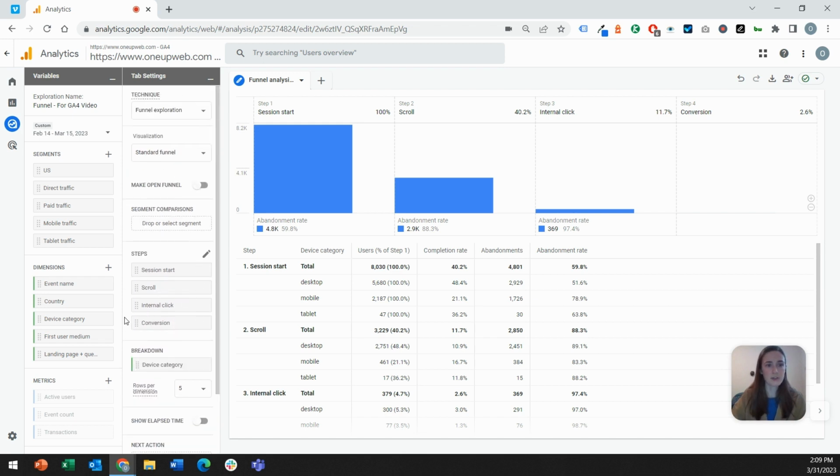All right, so that's the funnel. And remember, you can choose any events that you would like to build out these steps. So even if you're just looking at steps that indicate the initial stages of the funnel and you don't even want to go all the way down to that conversion, that is definitely valuable as well.